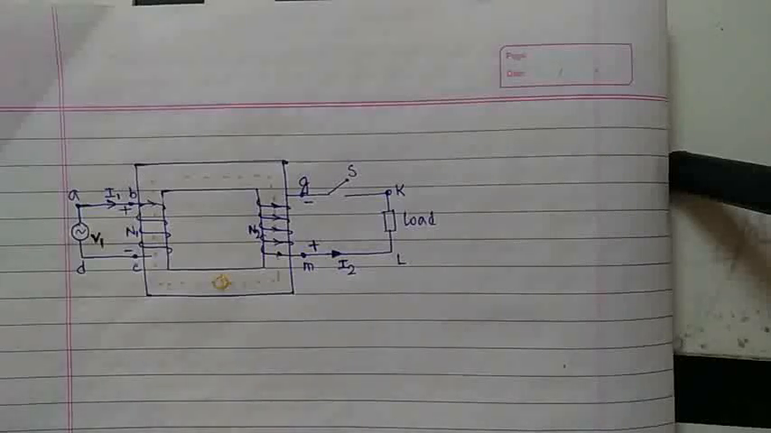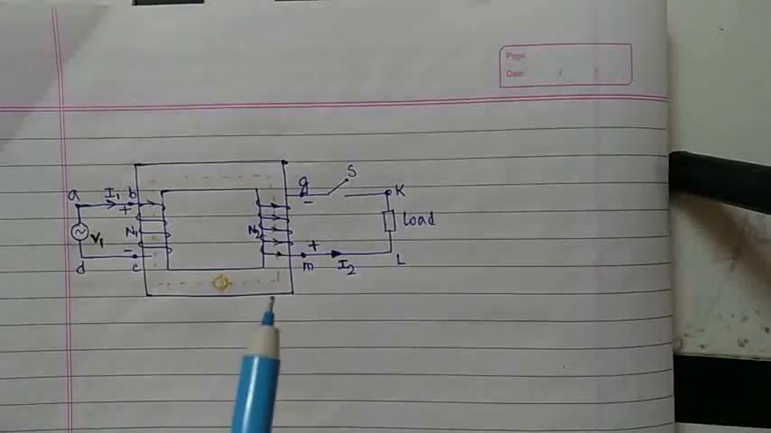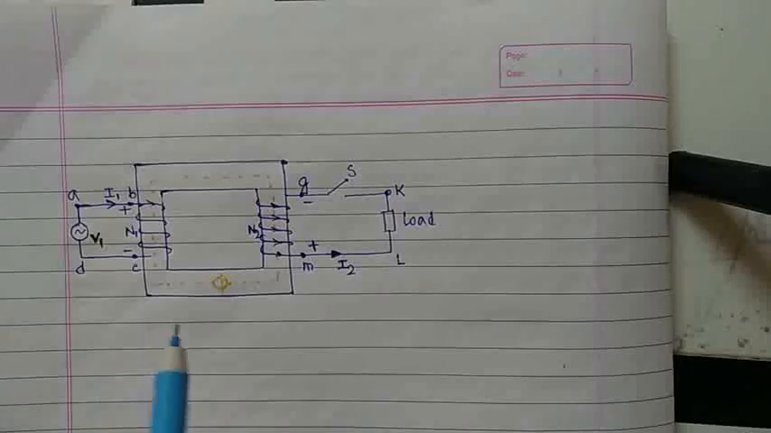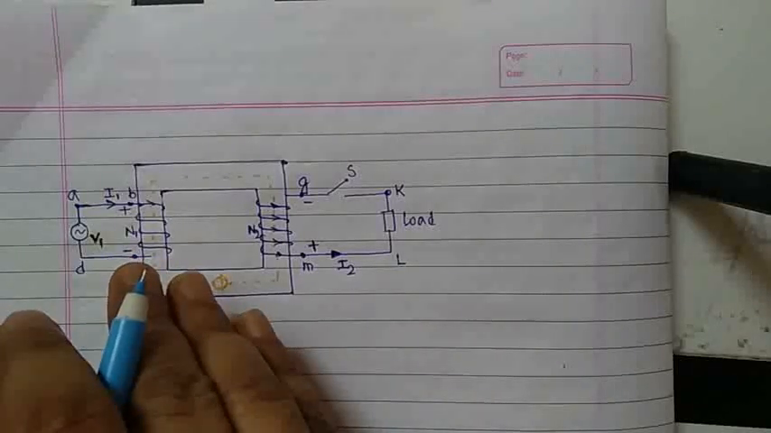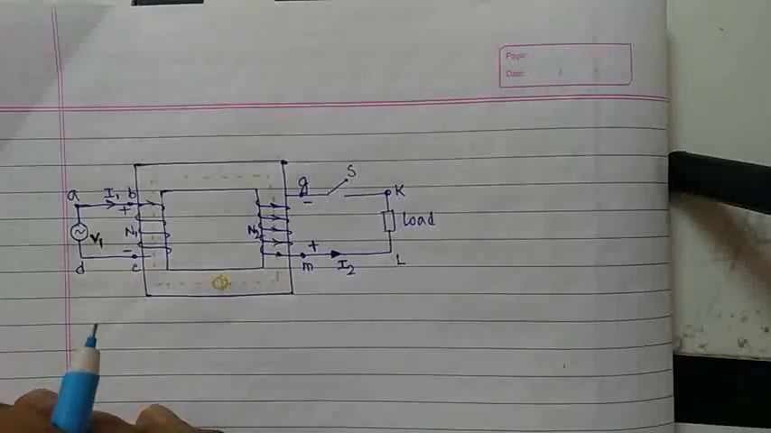Last class I discussed the no-load phasor diagram of the transformer, equating the equations, that is, E1, the primary winding EMF, is root 2 pi f phi max N1, and E2 is equal to root 2 pi f phi max N2. Now today